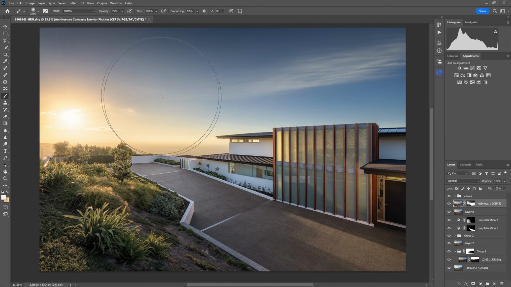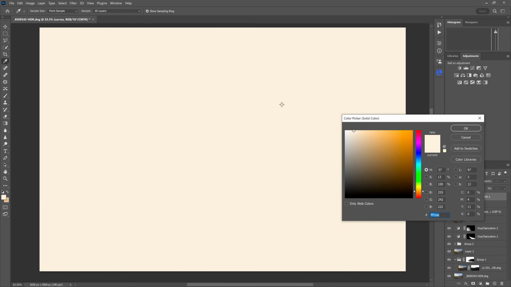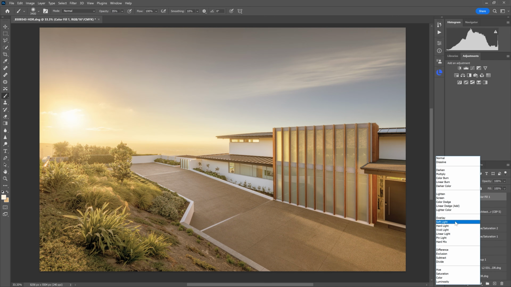Now, I said that I wanted to imbue this image with a sense of warmth, and I still do. Currently, we've got quite a clean palette, which is fairly representative of how it was when I was actually there. The blues in the sky are still blue, the greens in the foliage are still green. So what could we do? Well, there's several ways that we can color tone an image. However, for this one, what I think I might try is just overlaying it with a solid color, going for a nice warm orange, and then come into the blend mode and switch that to soft